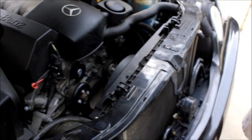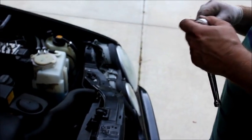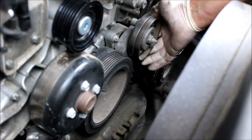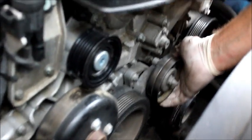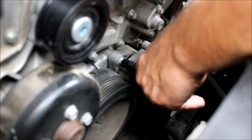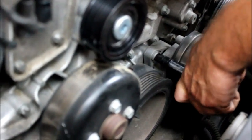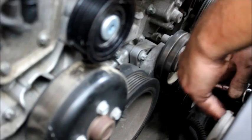Now I'm going to work on the actual tensioner pulley. I need the extension to get to both bolts. There's two of them. The first one you can see is right here, and the second one is directly across from it. And because we have the drift in there, we can gain access to that second bolt. So I'm going to loosen up this one first, a few turns. Then I'm going to move over to the second one, feel around,